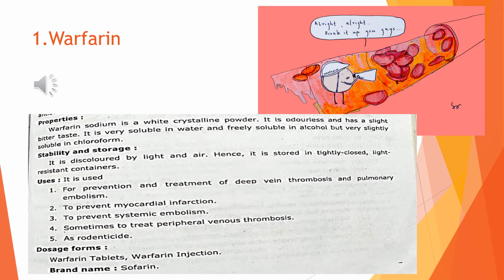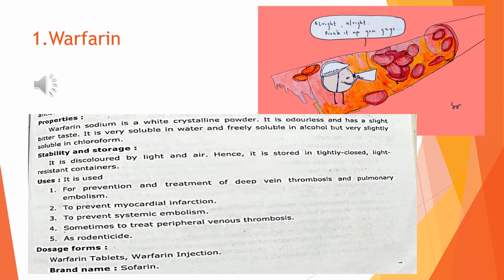Deep vein thrombosis मतलब clotting of blood in the veins. Next point, it is used to prevent myocardial infarction, that is blockage of blood flow to the heart muscles. इसमें क्या होता, हार्ट मसल्स के जो वेन्स है वो ब्लॉक हो जाते हैं, वहाँ पे क्लॉट फॉर्म होता, दैट इज मायोकार्डियल इन्फ्रैक्शन. नेक्स्ट पॉइंट,